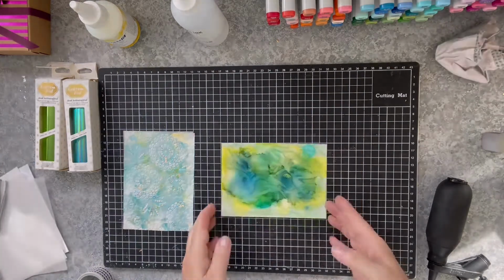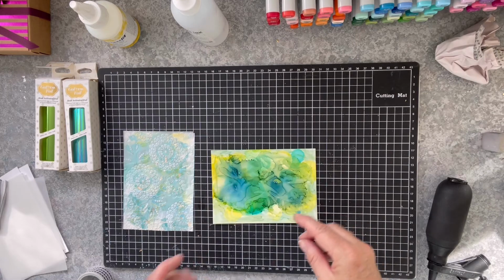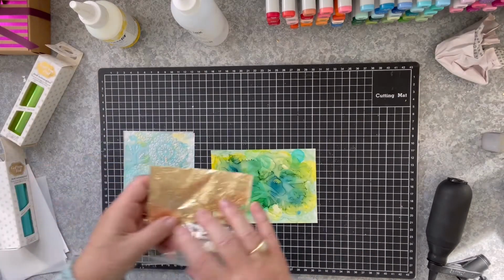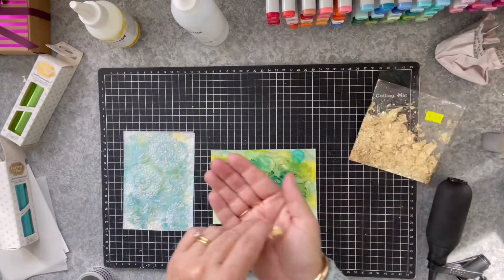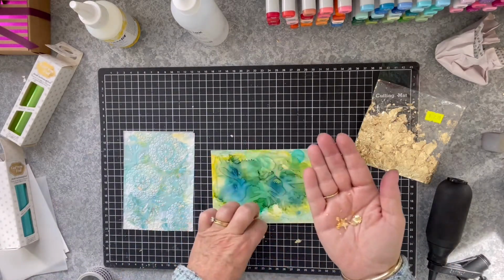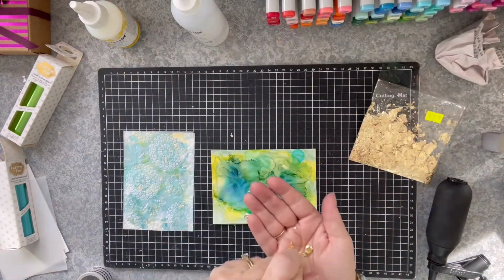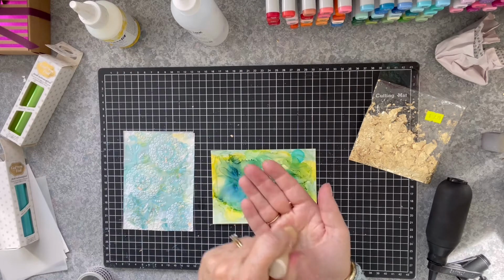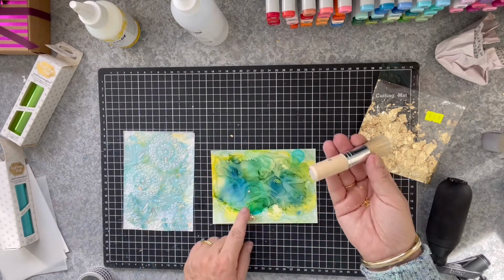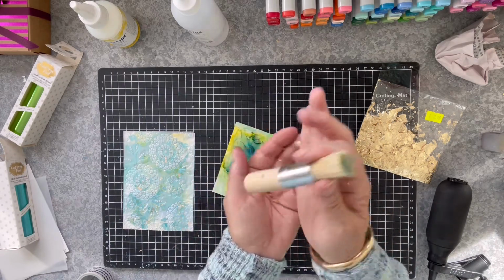Now, it's still wet in parts, so I'm just going to come in with my foil and sprinkle on some of these gold flakes. What I like to do before I put this on the top is to pop them into my palm, get a little brush, and break them down into smaller pieces. So now I have small little pieces rather than a big blob like this. So these smaller pieces I'm going to sprinkle from a height,